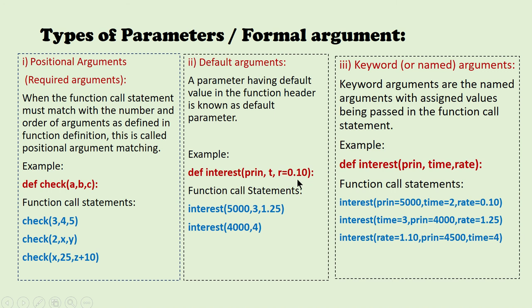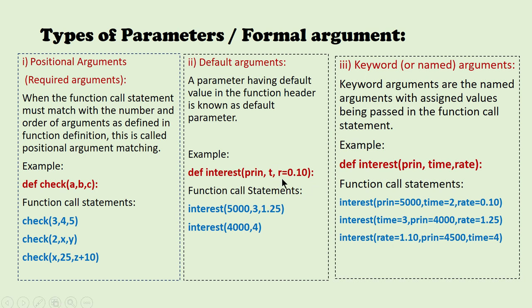Try to recall the print function. What are the default arguments the print function has? Yes, it is sep and end. By default, the separator is a space, and the default end is a new line. However, you are able to change those values. Not every time am I specifying a value for them. I can simply write print of some variable and it will still be displayed with the value, and then end with the new line character. That is the default parameter. I hope you remember we discussed it earlier.